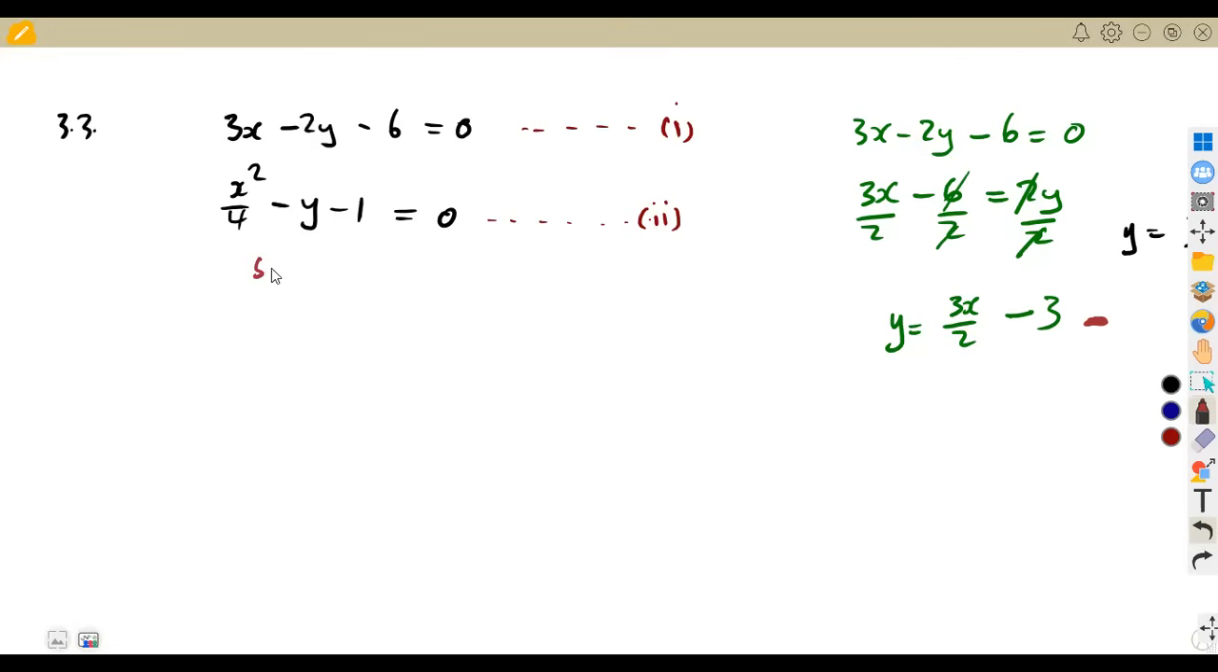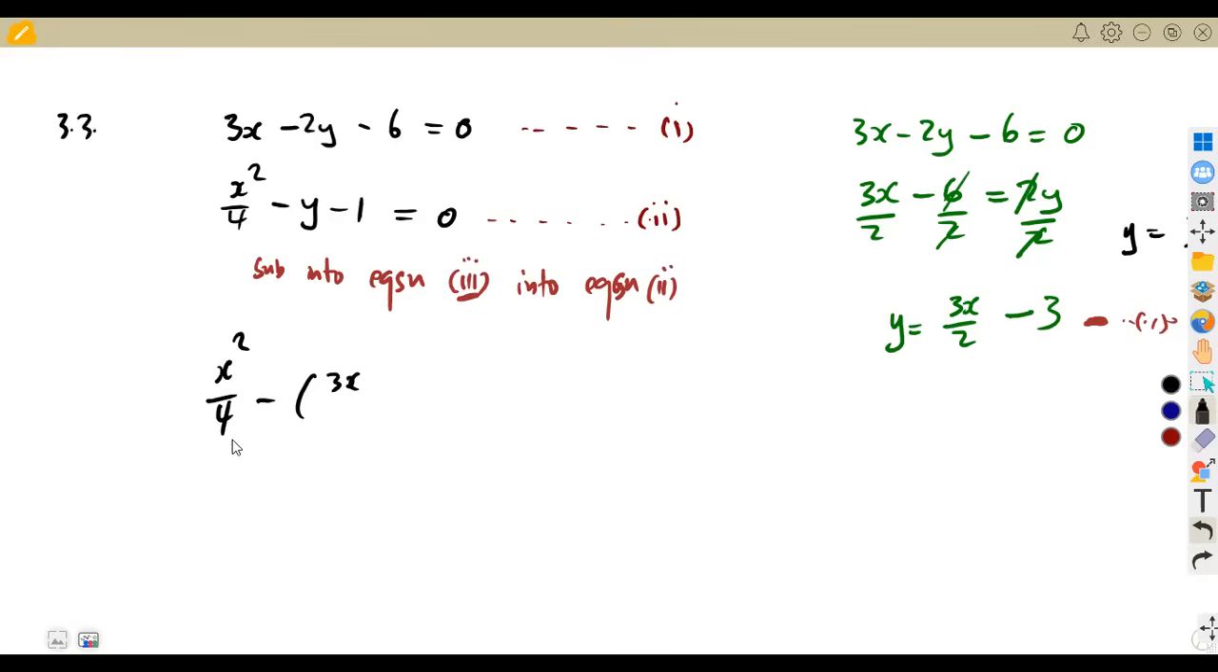So I'm going to substitute into the second equation in this case. This is now equation 3. So let us say, substitute equation 3 into equation 2. Let me write equation 2 in short like this. Our equation 3 has y as the subject, so you're going to just substitute it as it is in place of y. So you're going to have x squared over 4 minus y, which is 3x